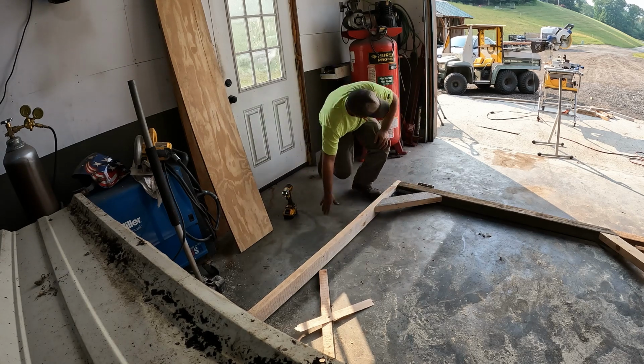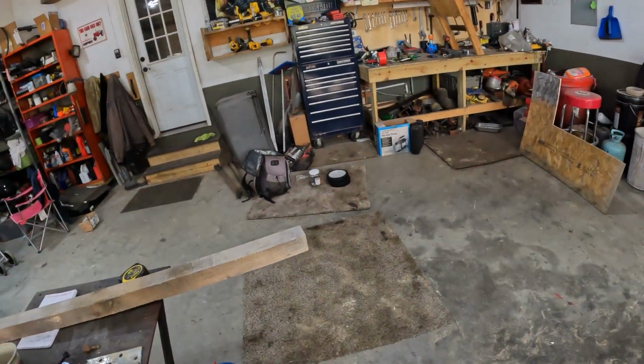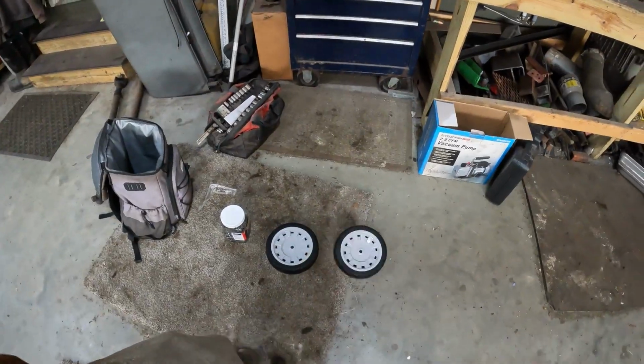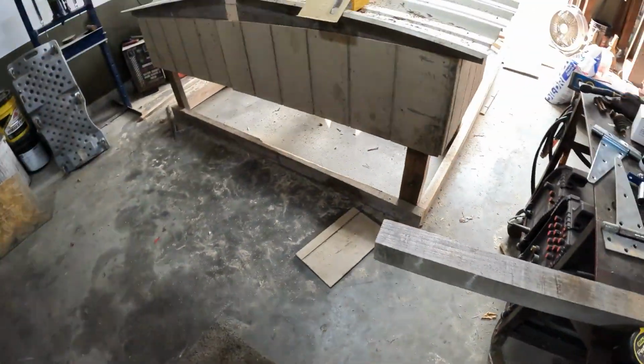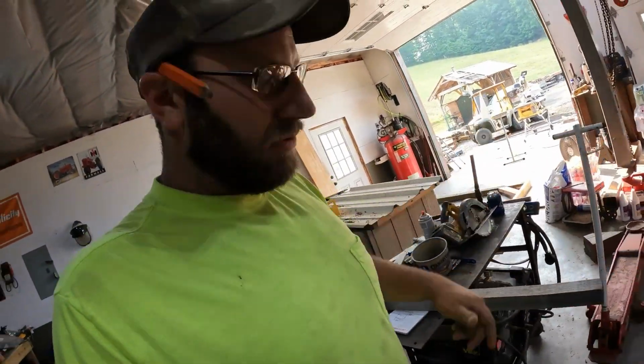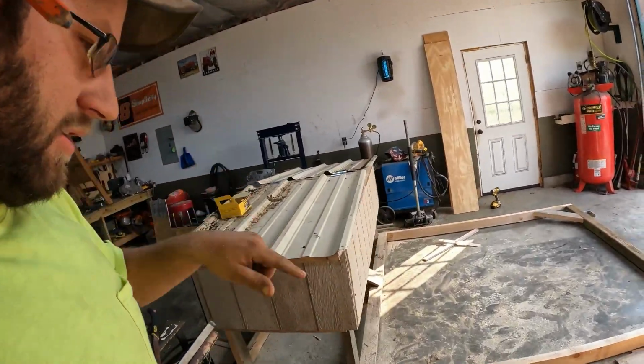Alright, another thing that I found out when I was looking for some hinges, I had a set of wheels that I took off a junk lawnmower. They're like brand new, got it out of the dump. Those are gonna work good for the back wheels. Help us move this thing around a little bit, hopefully. So I'm gonna put those on, and then the ring,